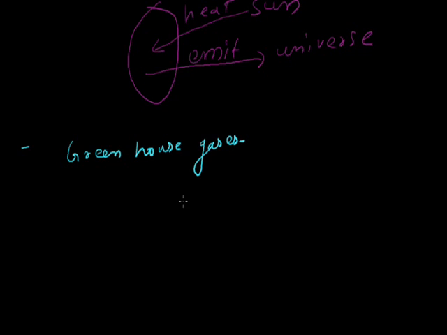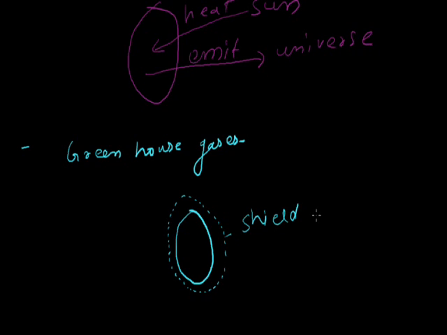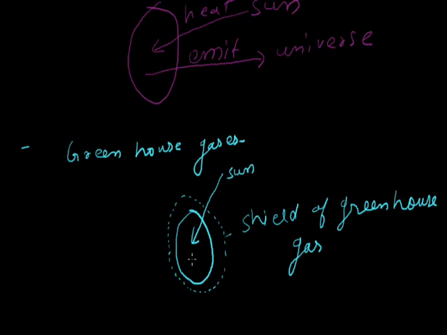These greenhouse gases have formed a shield outside the Earth. This is the shield present at the surface of the Earth. This is the shield of greenhouse gas. We know that natural heat is coming from the sunlight, but the heat which was emitting from the